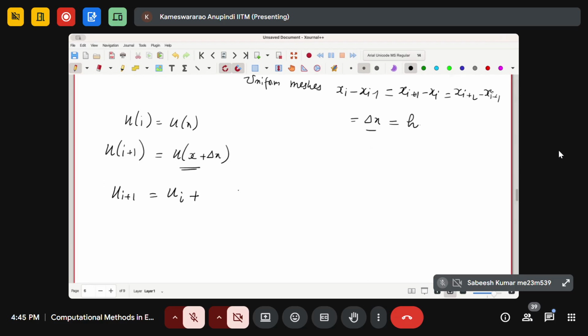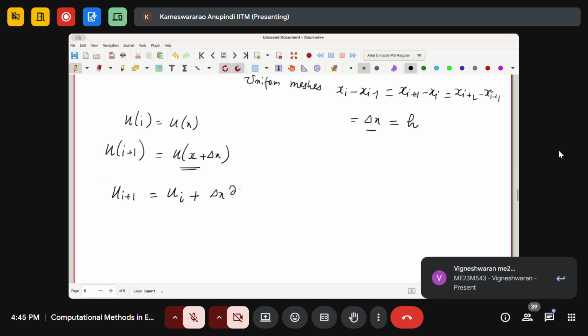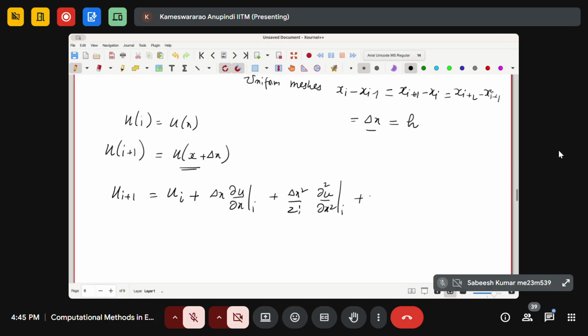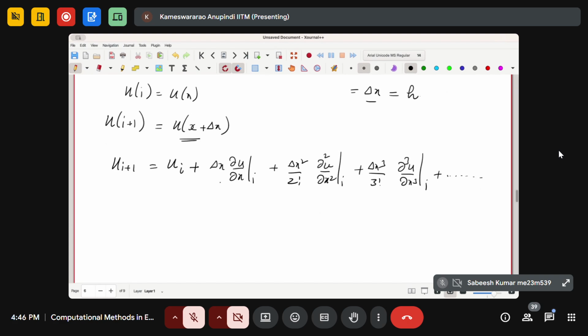using Taylor series expansion, I can reconstruct what is u at i plus 1 as delta x times partial u partial x at i plus delta x square by 2 factorial times partial square u by partial x square at i plus delta x cube by 3 factorial partial cube u by partial x cube at i plus and so on. I can write like this. Of course, instead of delta x, I can also write h,